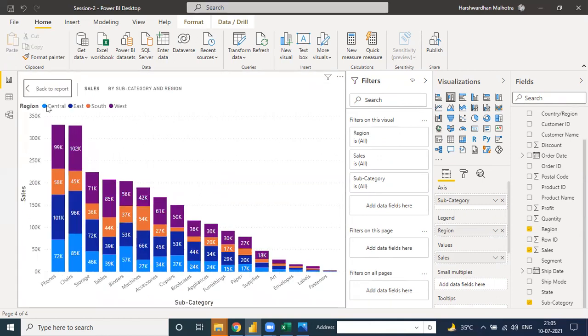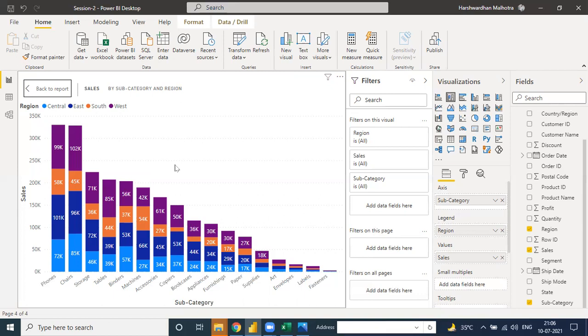See, these dots are the Central, East, South, and West. It means the total sale is 330, but divided into four regions: 99K, 58K, 101K, and 72. In this column, the 99K is smaller and 101K is higher, but it is along with the categories C, E, S, W. It means it is done alphabetically. C is Central, after C is E, after E is S, and next is W. It's done in alphabetical order.